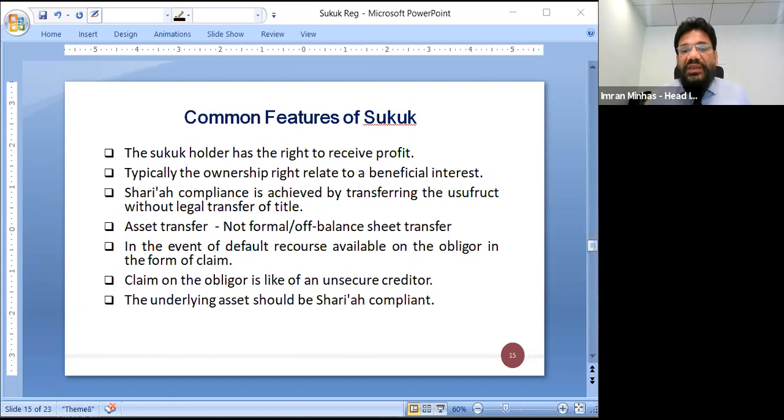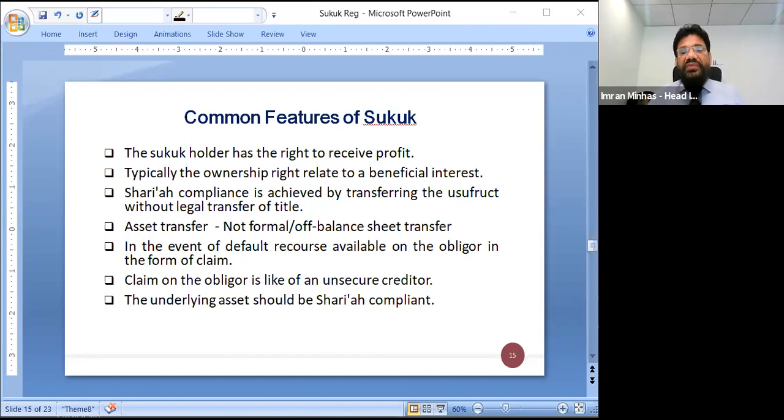So in the underlying asset, the beneficial interest in the underlying assets does not necessitate a true sale in this case, right? So Sharia compliance, again, can be achieved by transferring the asset. The true sale is not necessitated, but the requirements of the Sharia are met. So it's not a legal transfer, but the Sharia requirements are met for the transfer of the assets. Consequently, Sukuk have not necessarily entailed any asset transfer in the form of off-balance sheet,